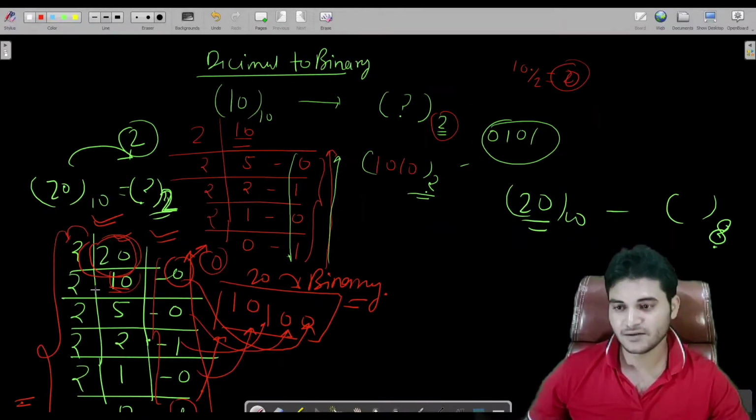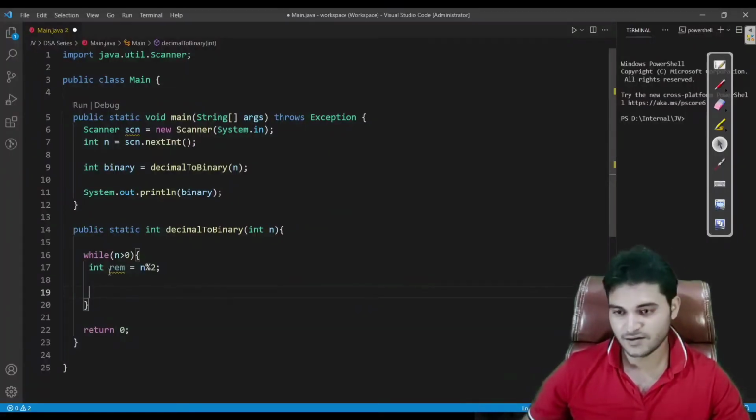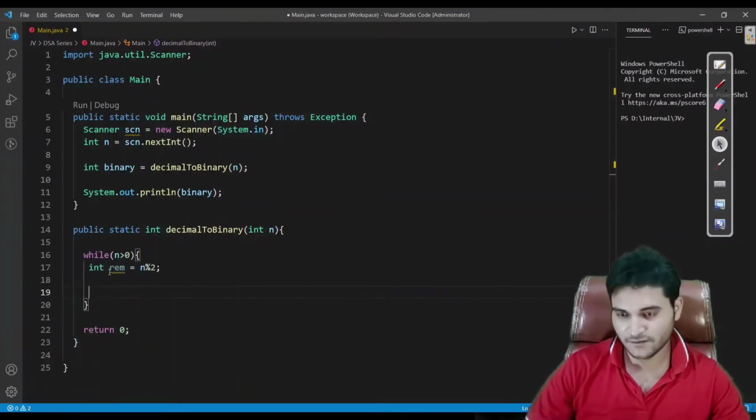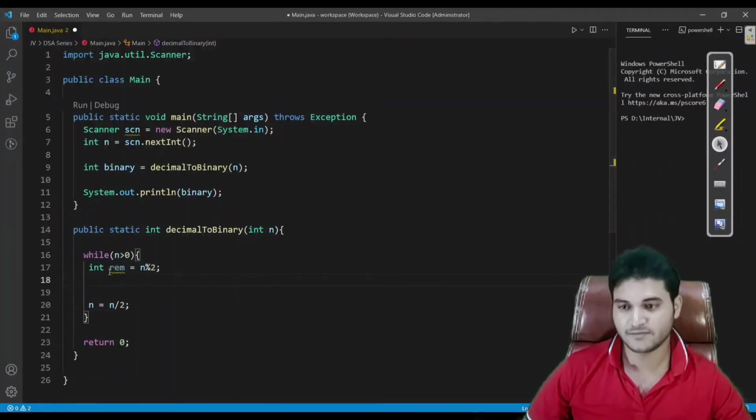We'll divide it by 2 again, so we would get 5, and we'll apply the same logic for each iteration. So after taking the remainder, we have to divide n by 2 also, and assign the result of the division into n only, because we are taking the remainder of n each time. That's why we are assigning the result into n.